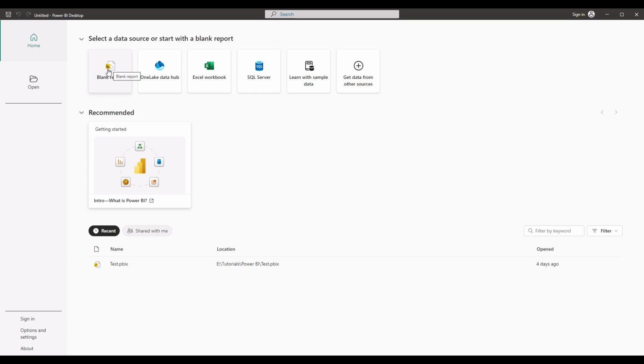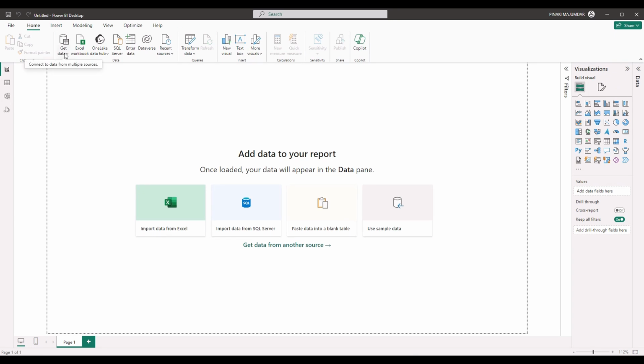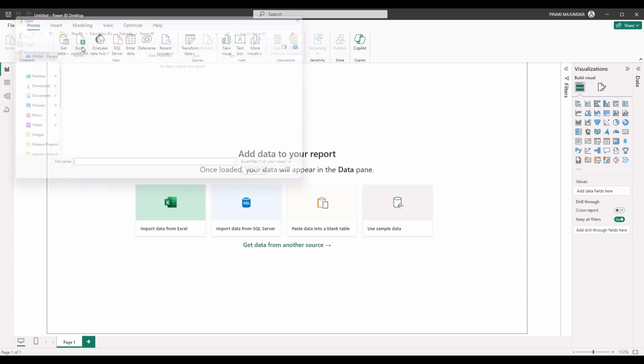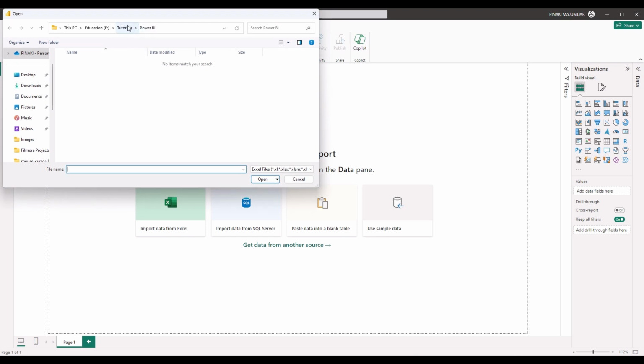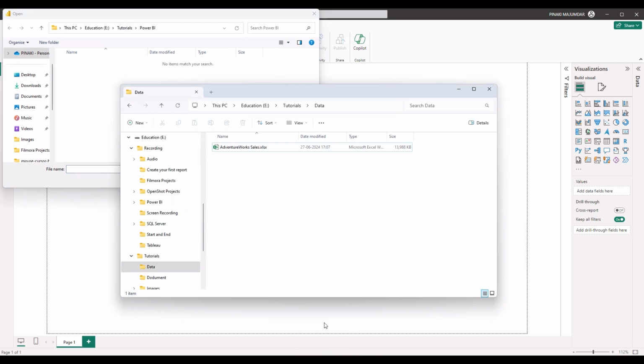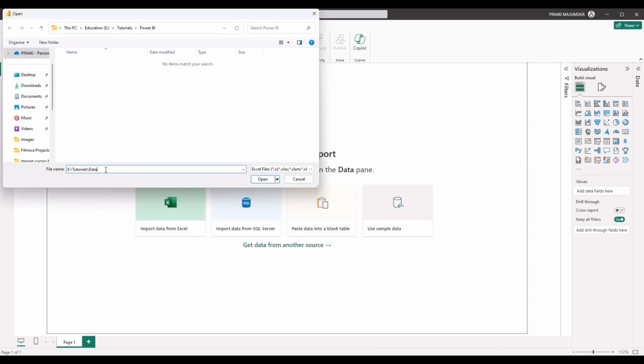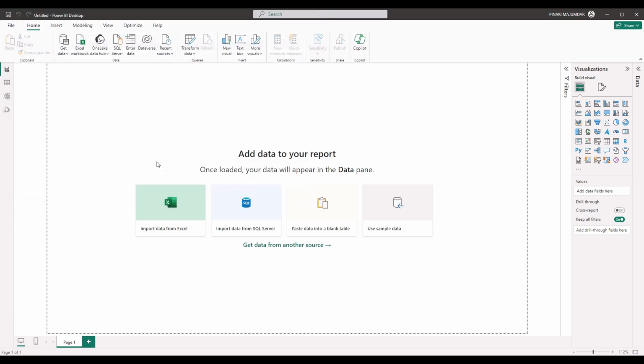We'll create a blank report first for this practice. You can click on Get data and go to Excel workbook, or you can directly go to Excel workbook from here. Click on this. Now go to the directory where you are saving this file. I'll give a link in the description below so that you can download this file. So I'm clicking on this file, clicking on OK,